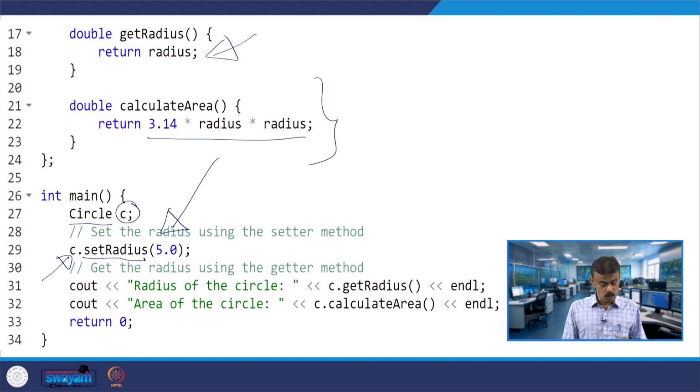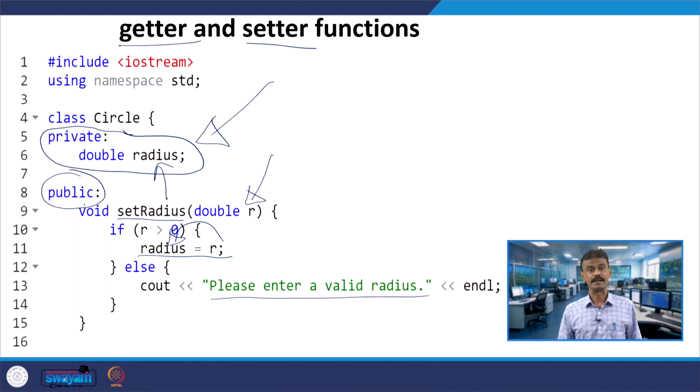setRadius is a public member function, not a problem, and I am passing 5.0. That means indirectly I am able to access radius. So now radius is equal to 5.0. I hope it is clear for everyone.